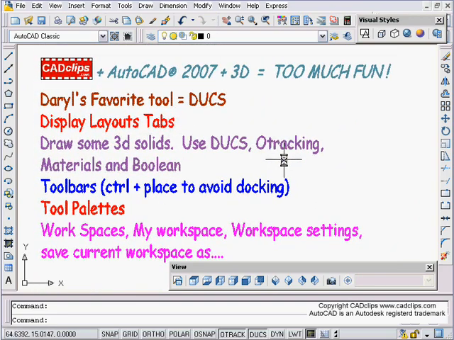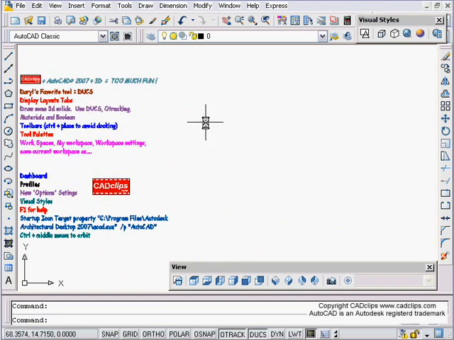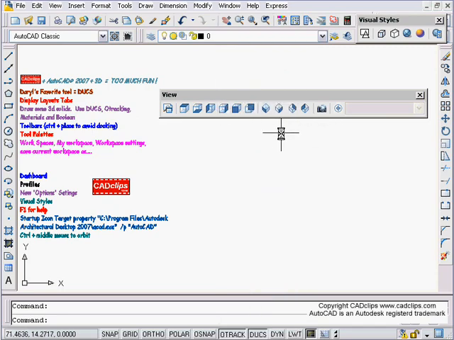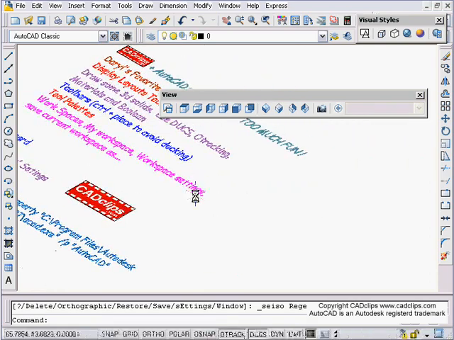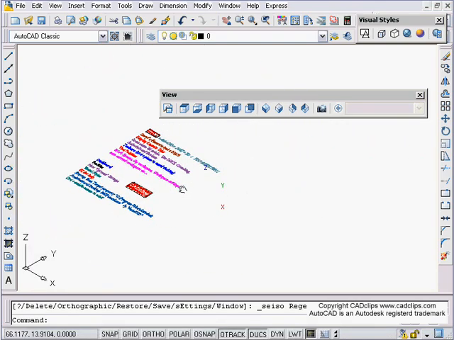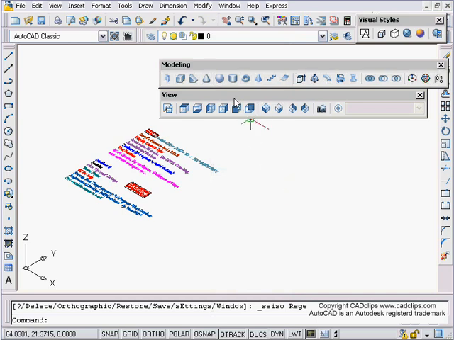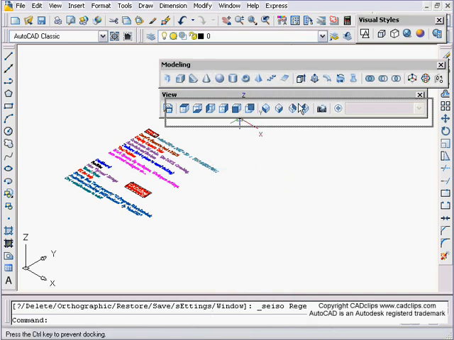I'm going to start by drawing some objects. I'm going to zoom out a little bit over to here, and using my view toolbar, if you right click on any toolbar, you can see all the toolbars, and there's lots in there. I'm going to start by going to, for instance, a southwest isometric view on my view toolbar. Now I want to draw some solid objects or do some modeling, so I'm going to right click in here and grab my modeling tool. We'll show you later how you can use workspaces to save all these